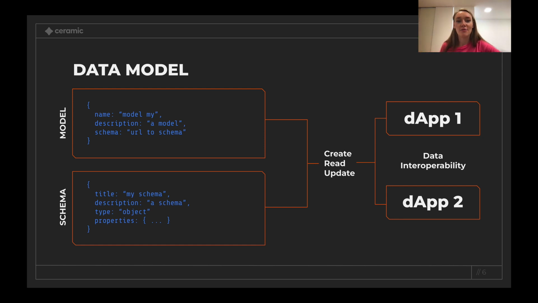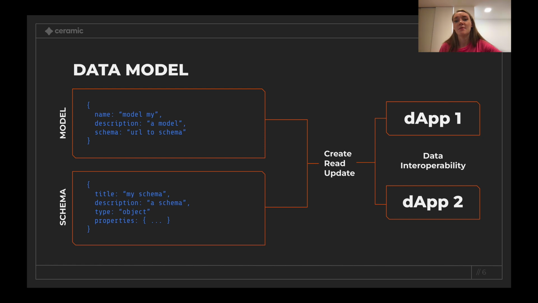Another really important aspect of all of this, and one of the key things that ComposeDB is supposed to provide, is an ability to create applications using interoperable data. So this means that if two applications, let's say DApp1 and DApp2, use the same data models, for example, the same user profile model, the data between these two applications will be synced automatically. And this means that developers, as they build these applications, they will have some data from the get-go, and they can start thinking about the user experience immediately, and really think about how they can build out this application the best, and they can have some data to